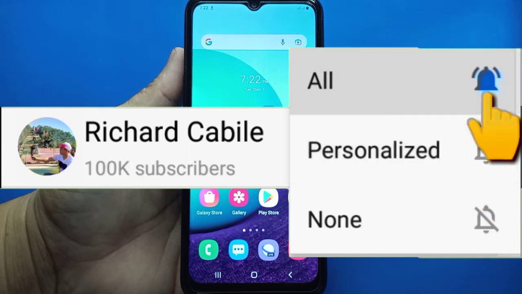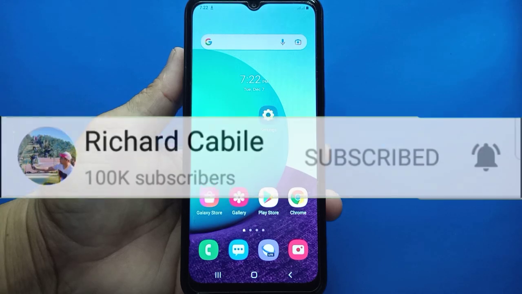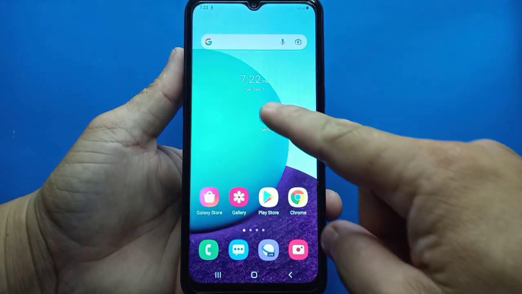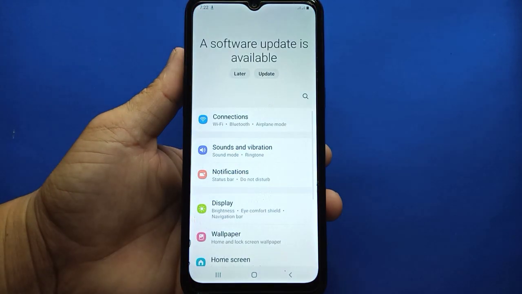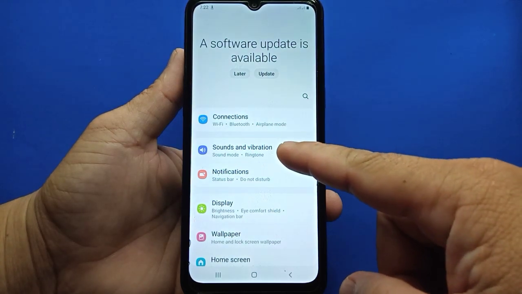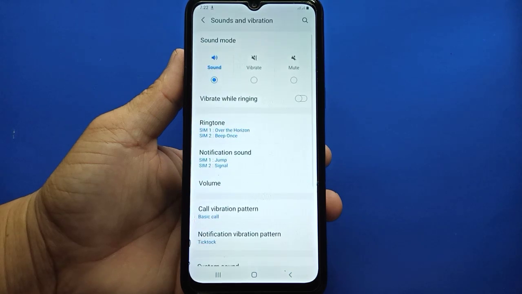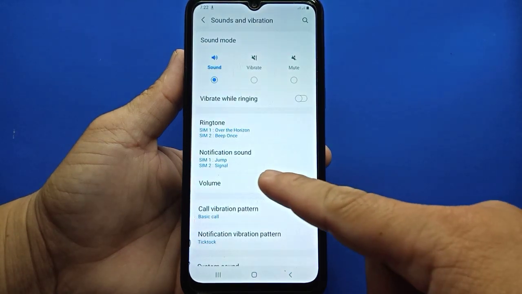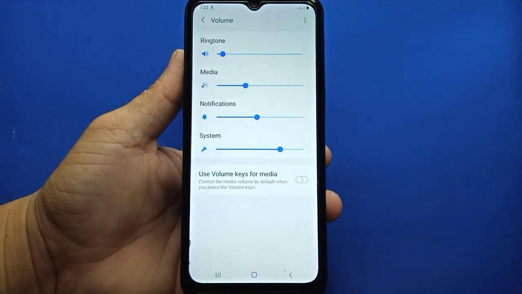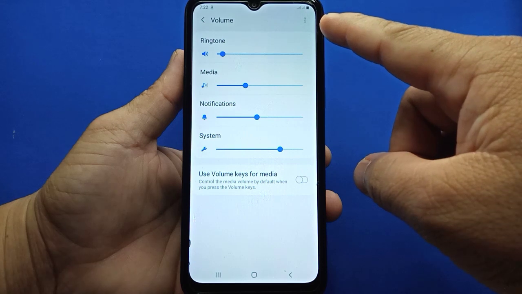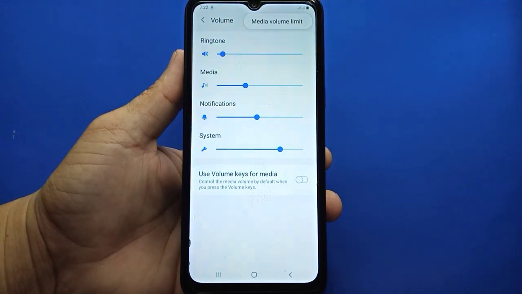Okay guys, let's start. All you have to do is go to Settings on your Samsung Galaxy A02. Go to Sounds and vibration. Tap this, and in Sounds and vibration, you can see Volume. Tap Volume. Then tap the three dots on the upper right side of your screen and tap